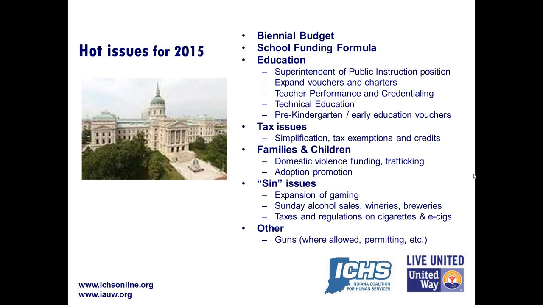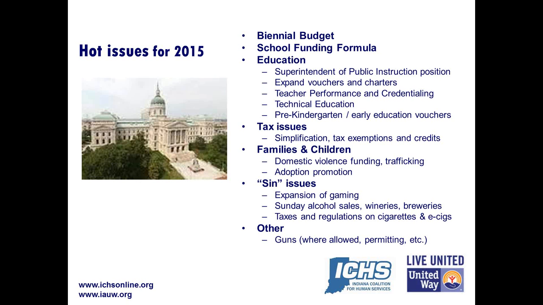There's a bunch of hot issues this year for the General Assembly. As I said, the biennium budget, but school funding is a big issue this year. Discussion about what's fair, what's adequate, and in many ways is still some of the repercussions from the property tax caps that have been enacted. Within education, there's a lot of discussion about whether the superintendent of public instruction should be elected or appointed. A lot of pressure about expanding school vouchers and the funding for charter schools. A lot of discussion about teacher performance and credentialing,